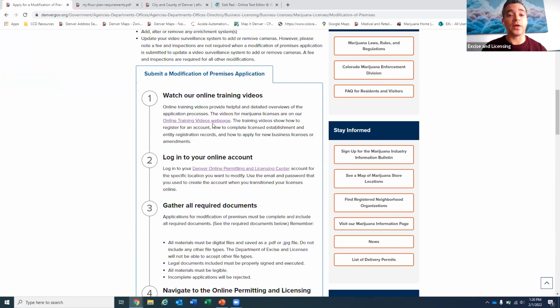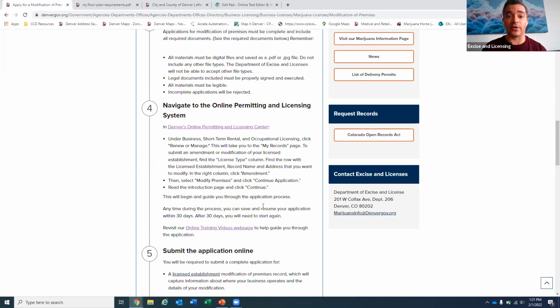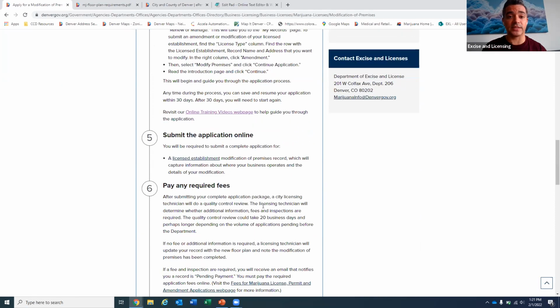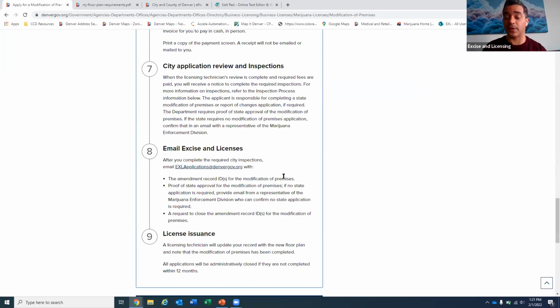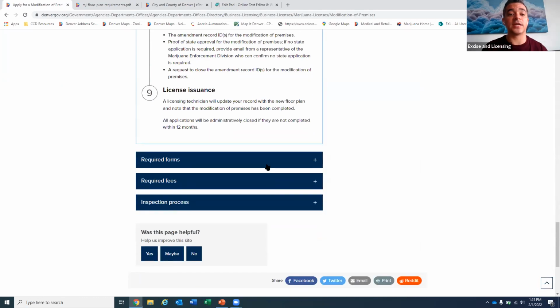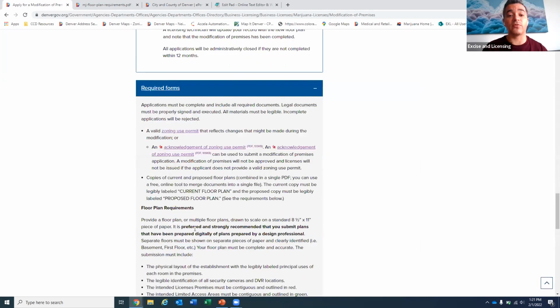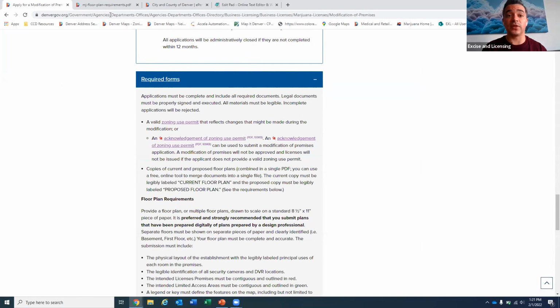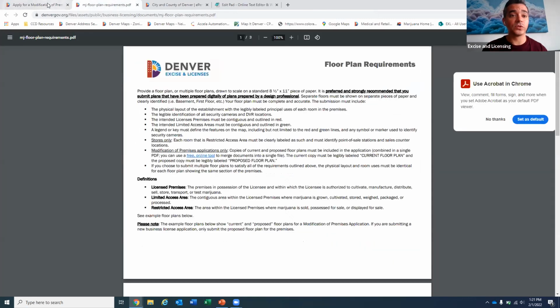That includes the link to the online training videos webpage that I mentioned earlier. It includes some really helpful information on how to navigate the online permitting and licensing system, and then discusses some of the next steps in terms of city application review and inspection. And down at the bottom, you'll find required forms and information about floor plan requirements. This was something that I wanted to revisit with you, so I will open these